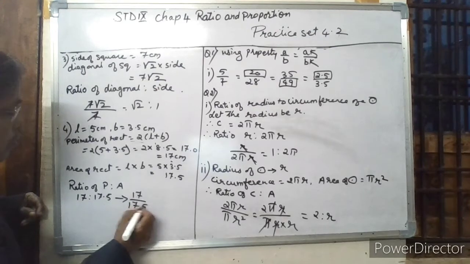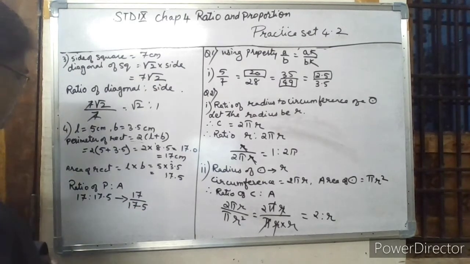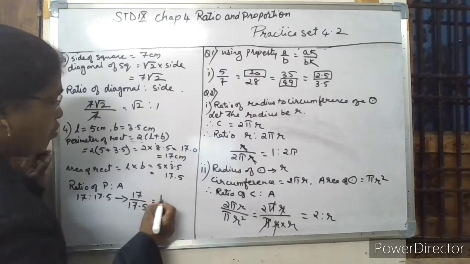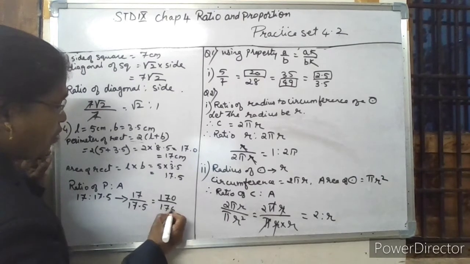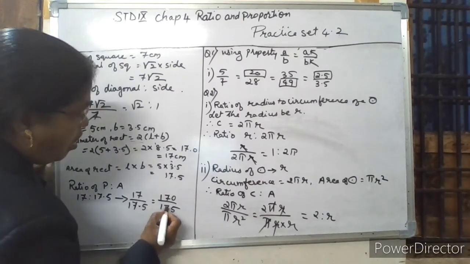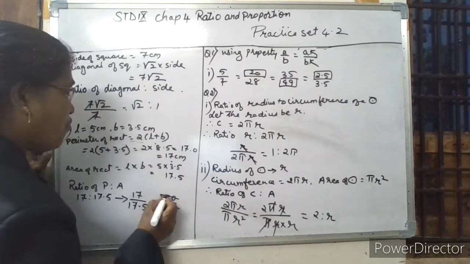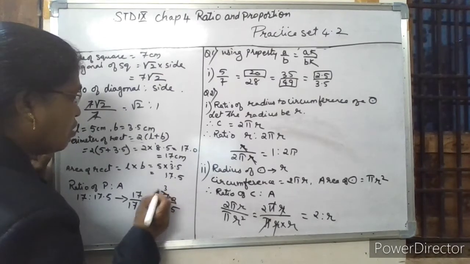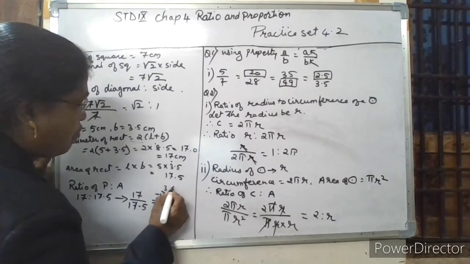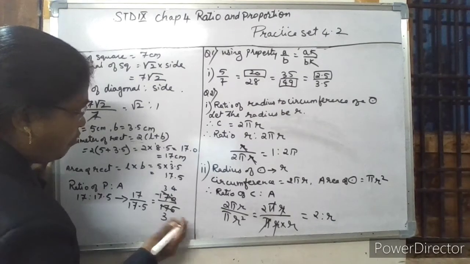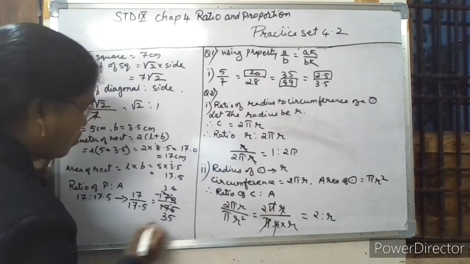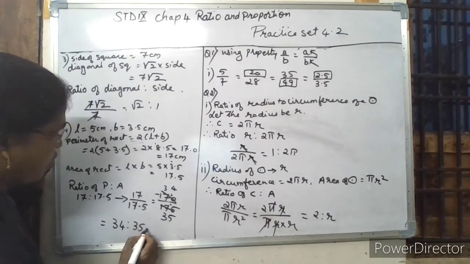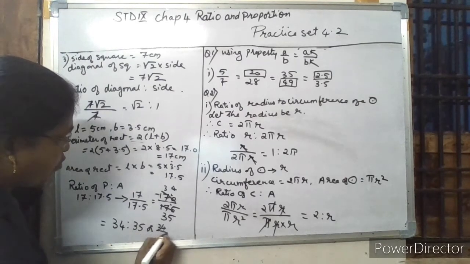So 0.5 is there. Now to take out the decimal point, you add a 0 here, 170 by 175. Point is gone. So now you can cancel it by 5s. 5 times 3 is 15, 16, 17, 2 is remaining, 5 times 4 is 20. Now 5 times 3 is 15, 16, 17, carry 2, 5 times 5 is 25. So this is equal to 34 is to 35, or we can write it as 34 by 35. In this form also we can write.